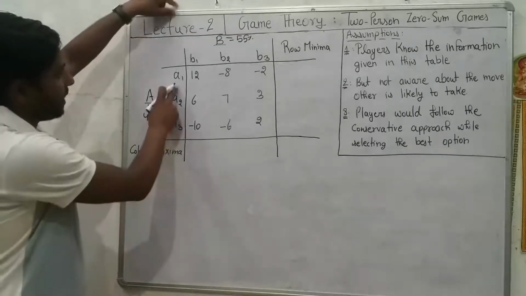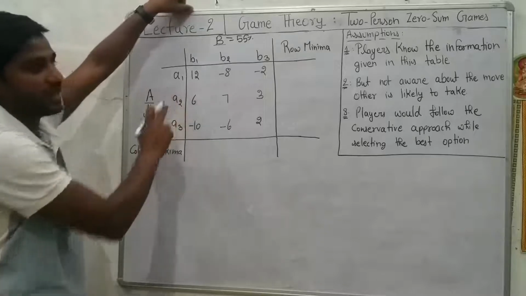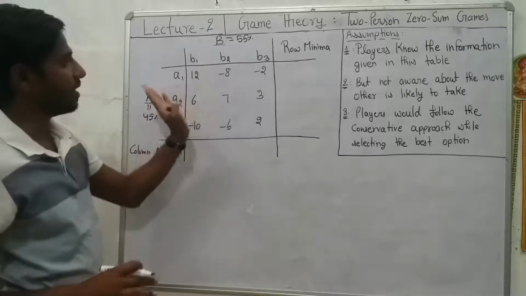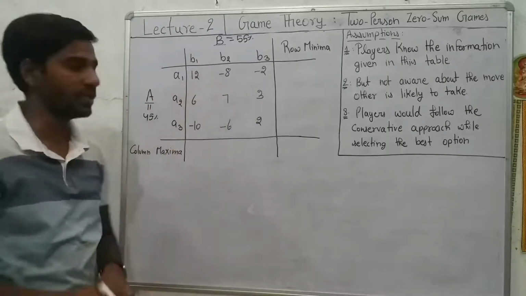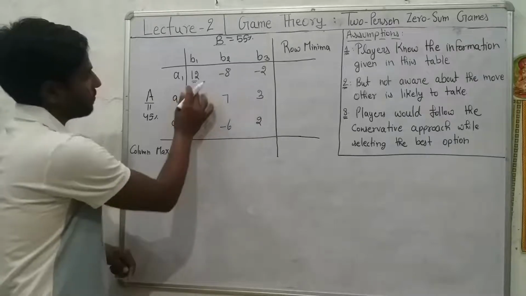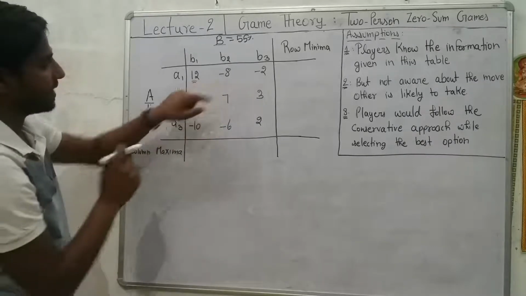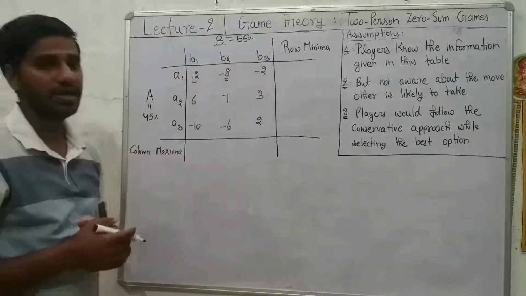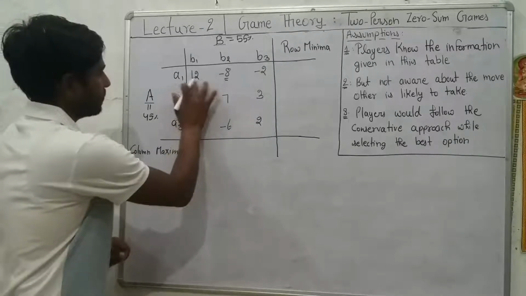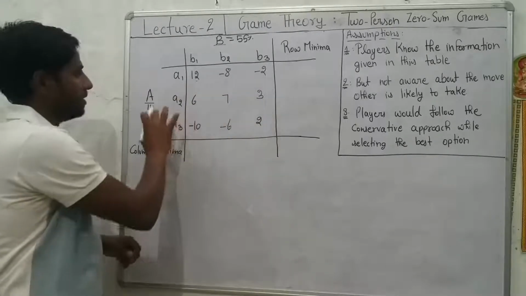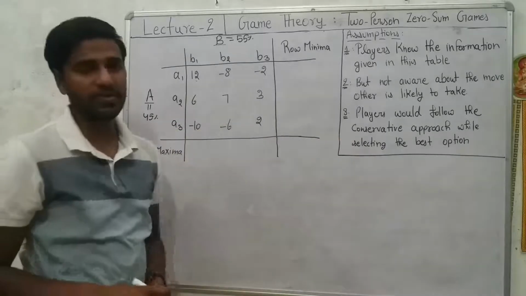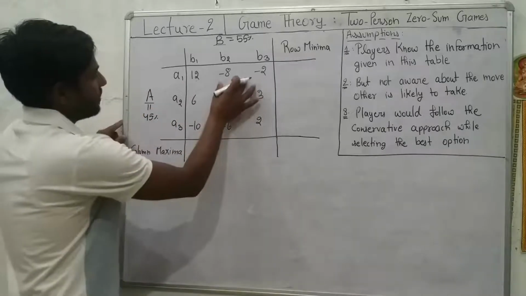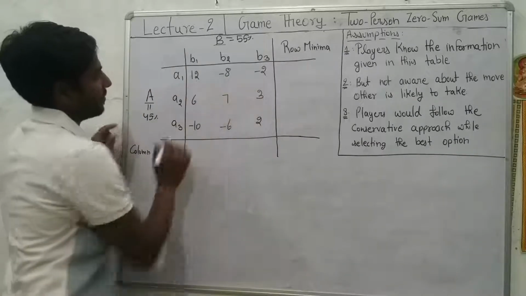So suppose A is opting for strategy A1. In counter of that, B can adopt any one, B1, B2 or B3. In the first combination there would be benefit of A, in the second combination there would be benefit of B, and in the third combination there would again be benefit of company B. As you know, every player is going to follow a conservative approach. So according to that conservatism, what would be the selection of company A in this scenario?